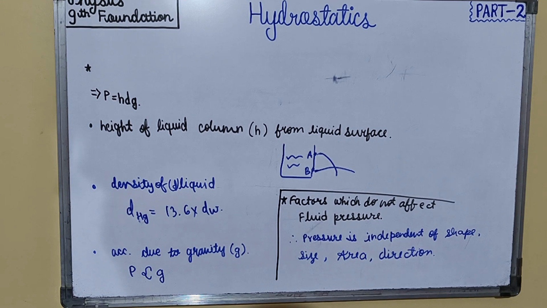Now there are some laws of liquid pressure. First, pressure at a point inside the liquid increases with the depth from the free surface of the liquid. Second, pressure at a point inside the liquid at a given depth increases with the increase in the density of the liquid. Third, pressure is the same in all directions about a given point within the liquid. Fourth, pressure is the same at all points in a horizontal plane at a given depth in a stationary liquid. A liquid seeks its own level.